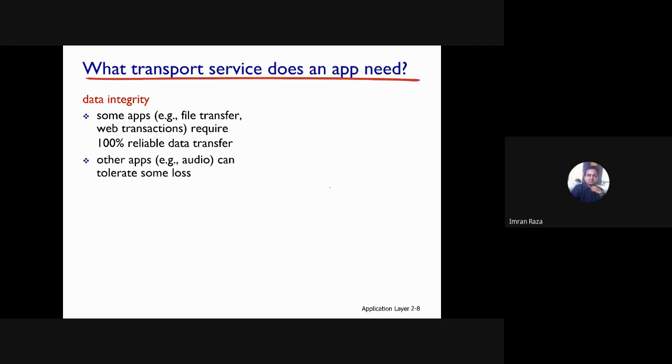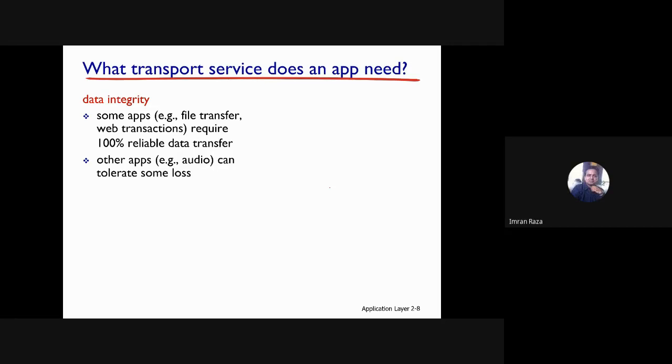Okay, so before we talk about a specific application, let's talk about what sort of transport services are available to network applications. There are different sorts of transport layer services that an application at the application layer makes use of, right?